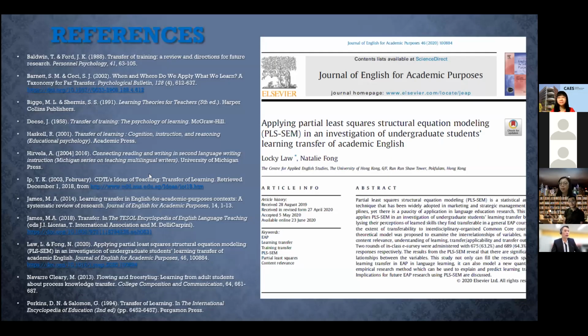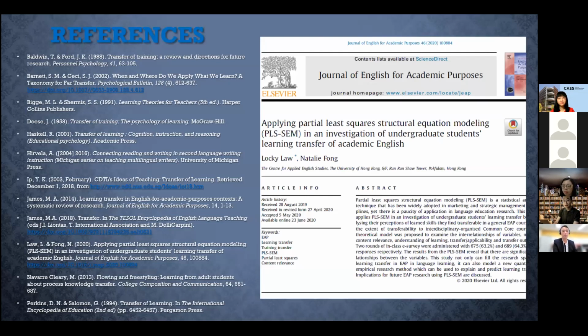Basically, this is a quantitative analysis, and we borrow this special technique from human resources. It's called partial least squares structural equation modeling.